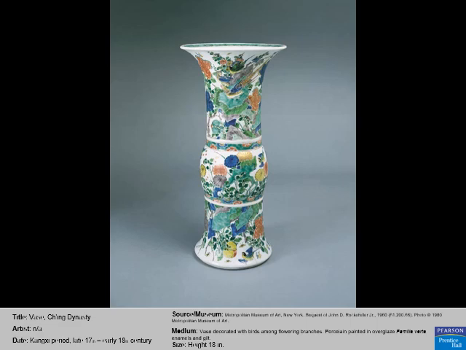I'll repeat the three different clay bodies. Earthenware is a porous clay fired at a low temperature, and it must be glazed to hold water. Stoneware is impenetrable to water because it's fired at a higher temperature. And then beyond stoneware is porcelain, which is fired at the highest temperature until it becomes almost translucent, like glass, but it's not quite glass.